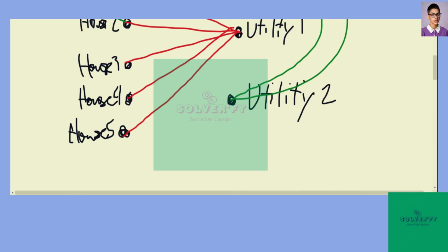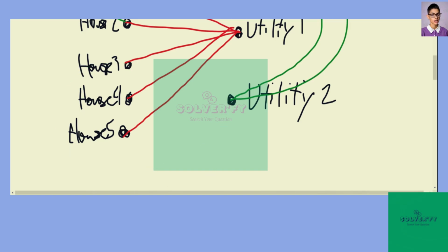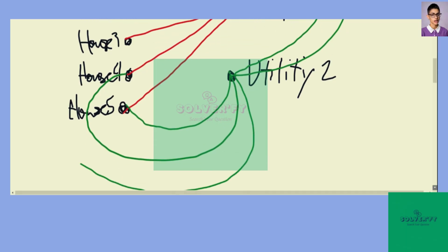And of course, I can also go the other way. So I'll go down here to connect to house 3. Ooh, my mistake. Can't do that. Sorry, down here to connect to house 5, and then house 4, and finally house 3. Otherwise, I